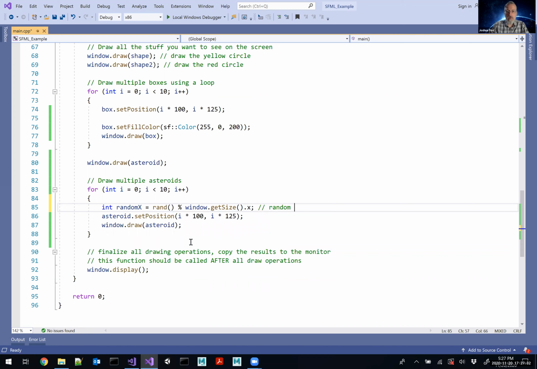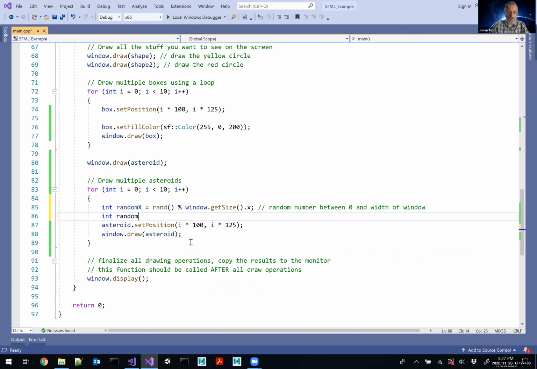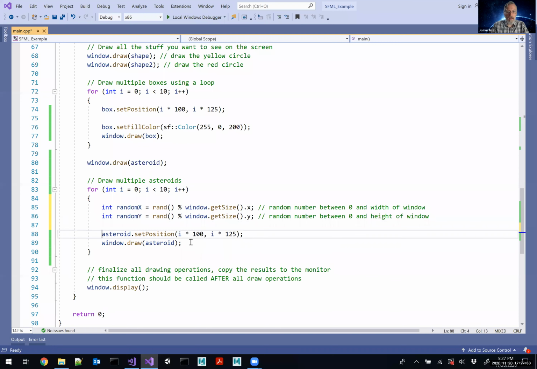So random number between 0 and width of window. Should have just copied and pasted this whole line and changed the one component, but random number between 0 and height. Okay, so then I can set the position to random x, random y, and then let's go ahead and draw